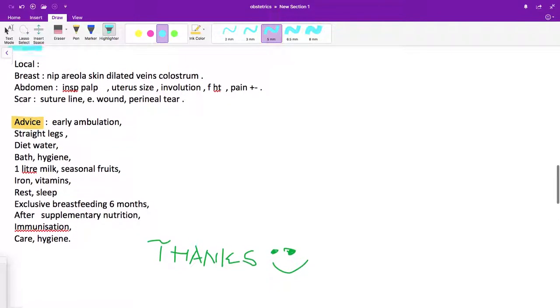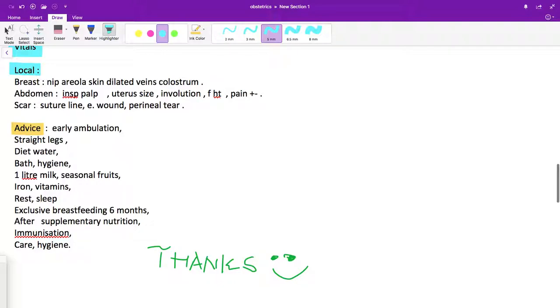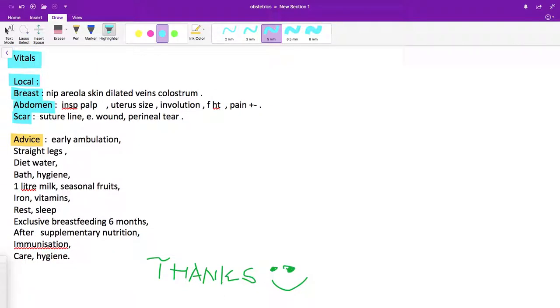Okay. Now coming to the local examination after the vitals. Now local examination or regional examination. In this we have to do it under three heads. One is the breast examination, second will be per abdomen, and third will be the scar. So in case of breast examination, you have to do first a very quick basic examination, symmetry and size of